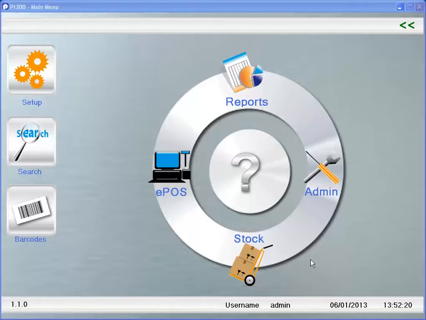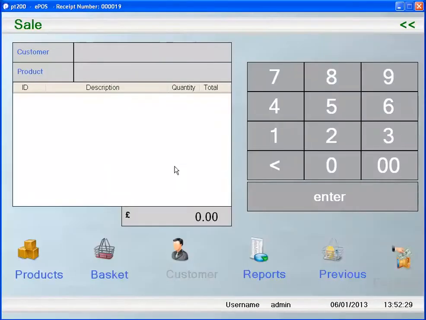In this tutorial we're going to cover the basket control of the ePOS application within the PT200. So if we go from our main menu, we select the ePOS icon. This brings up our normal ePOS screen showing an empty basket. So if we enter some items into our basket,